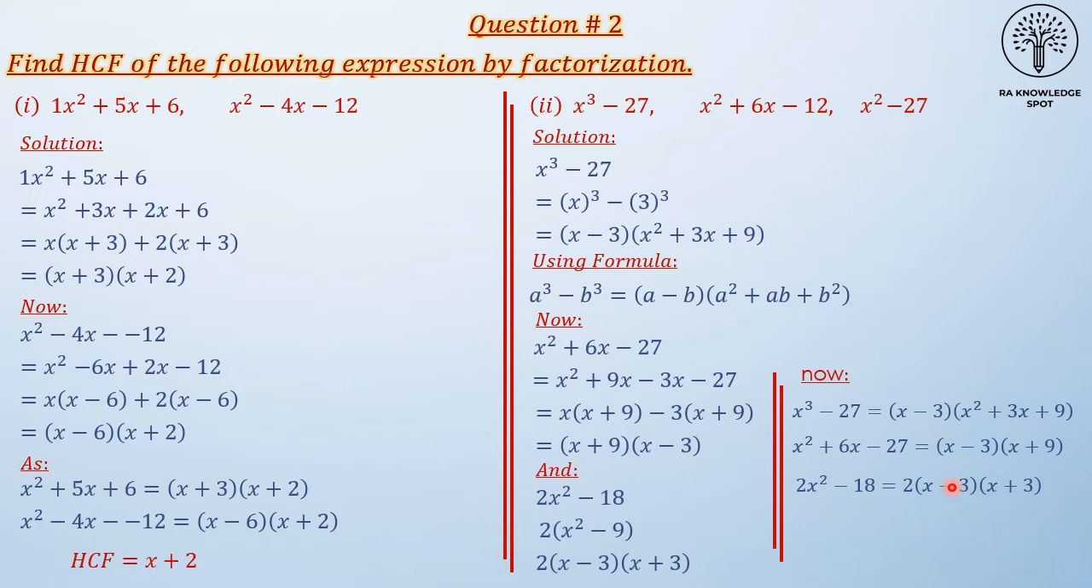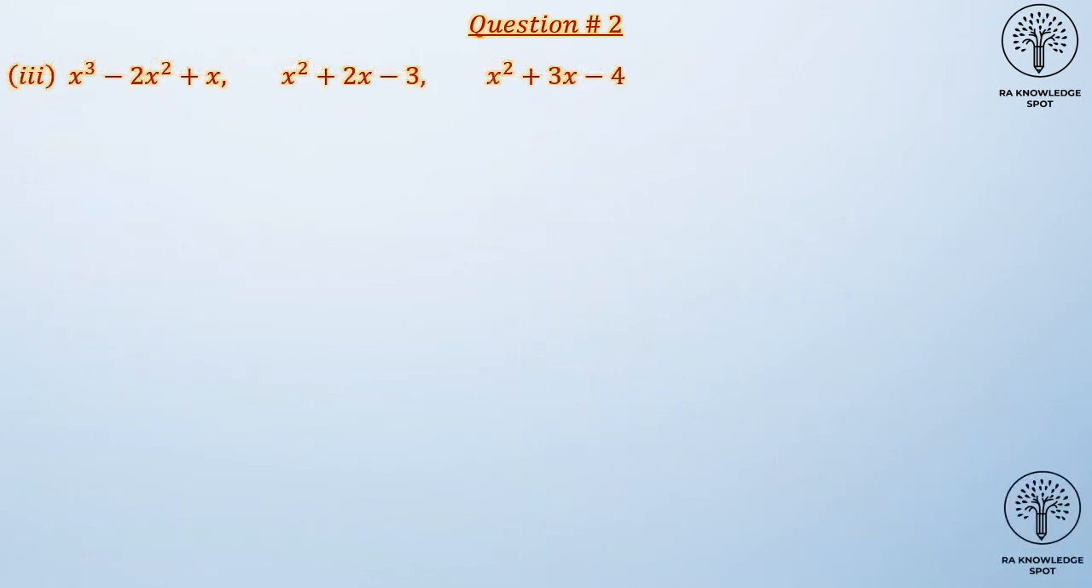Now you just have to guess what will be the answer. The answer is very simple and it is in front of you. This is x minus 3, yes, x minus 3 is the common factor or HCF. Moving towards the next part. Now there are of course 3 questions in one question, separated with commas. First, x cube minus